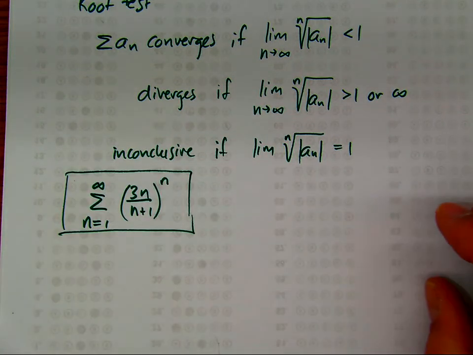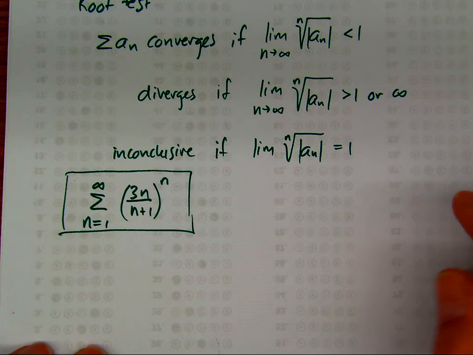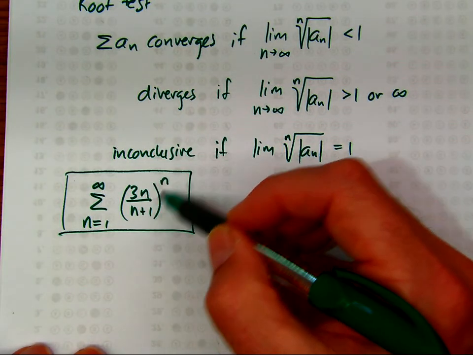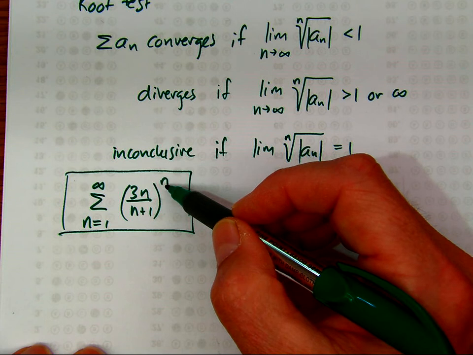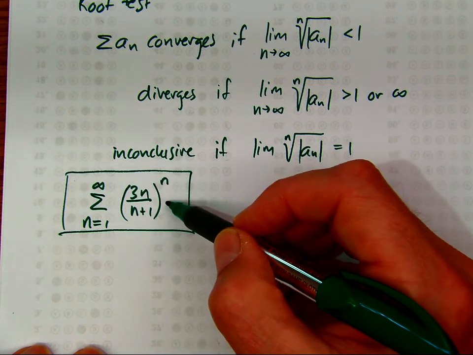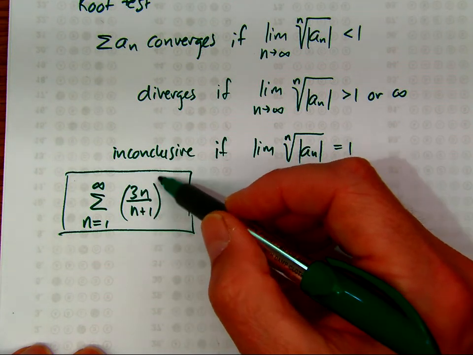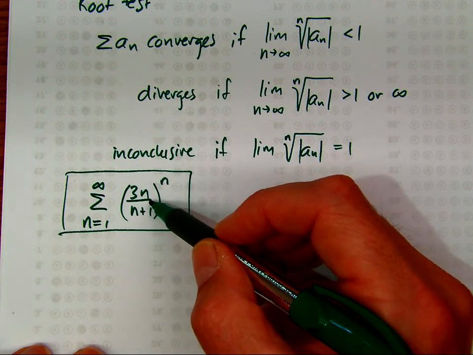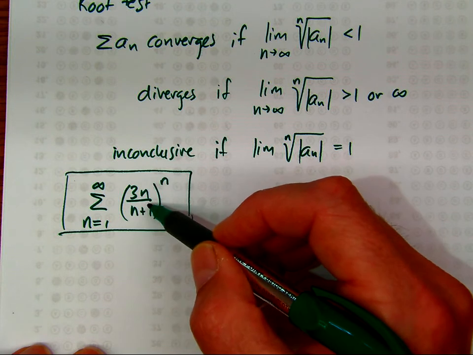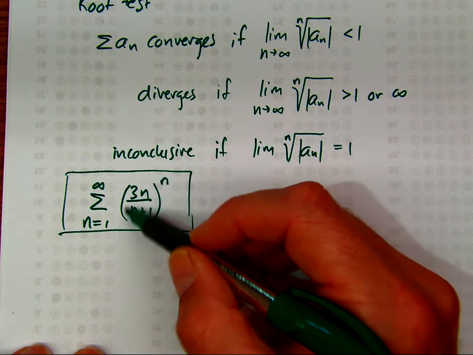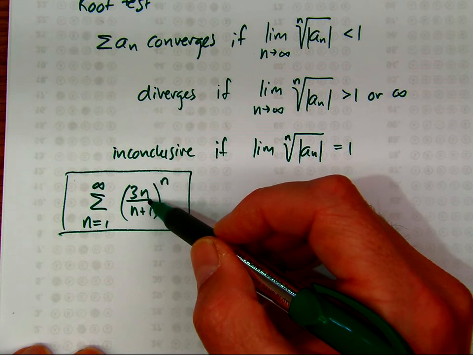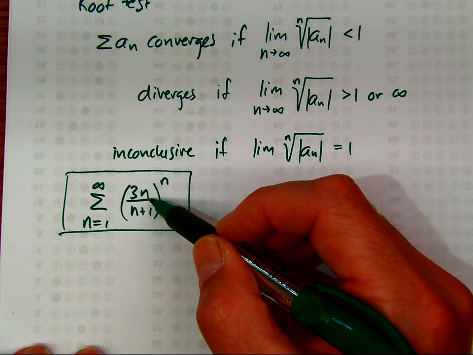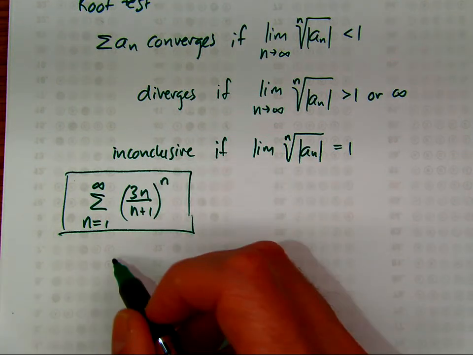So we will use the nth root test when we have something to the nth power, and let's make the connection to a geometric series. Here, this looks like it's geometric, but we don't have a constant ratio. But this is the ratio, and so this is just the ratio test. We're looking at the ratio. Does the ratio go to a number less than 1? Does it go to 1 or greater than 1? So when we look at